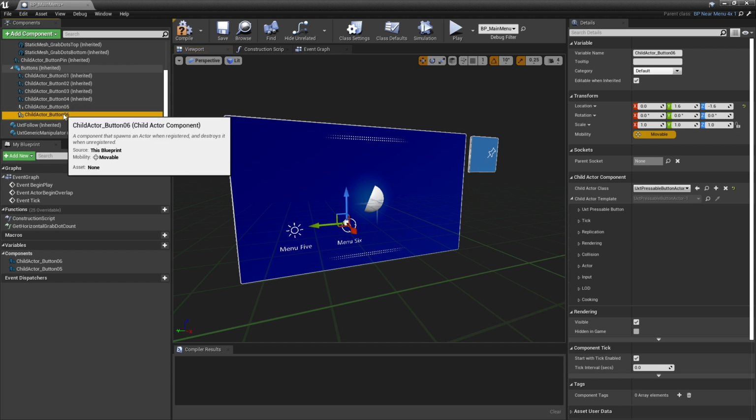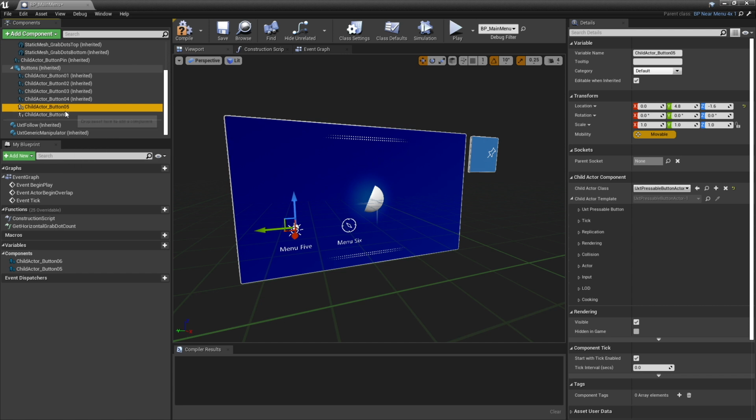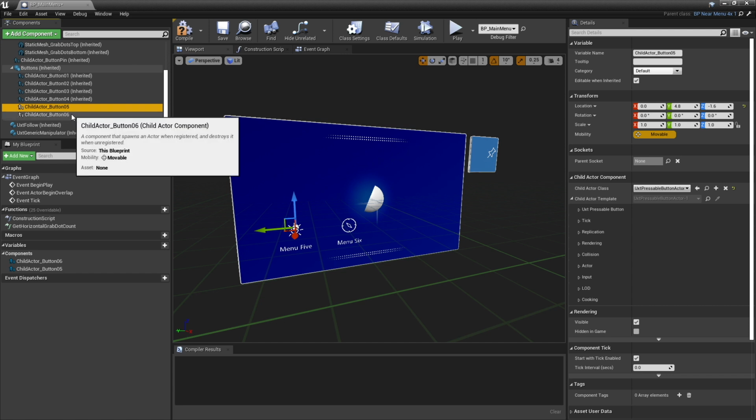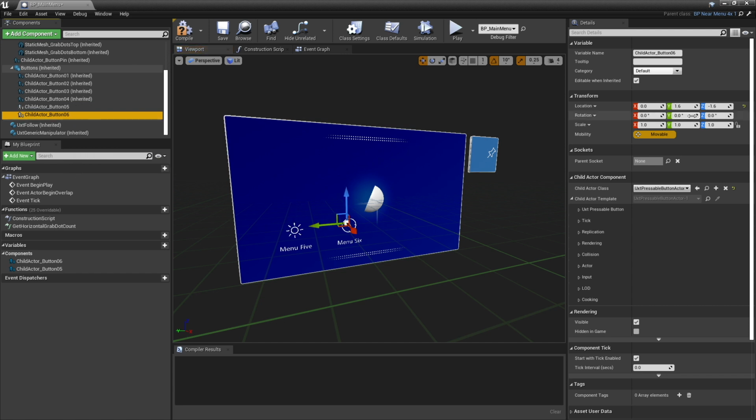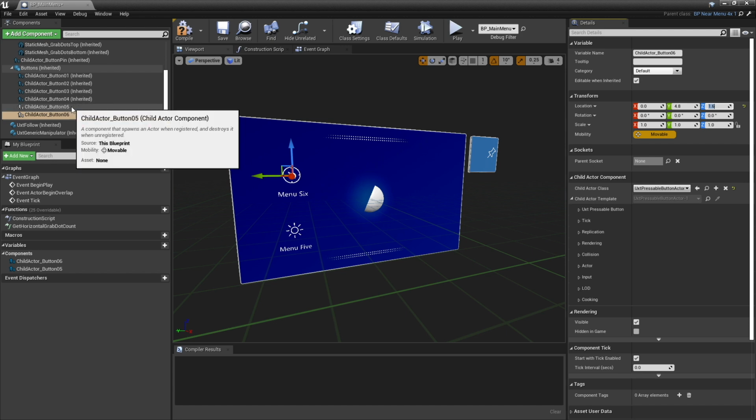Let's move button 6 right above button 5. And to do that, we'll move this over to 4.8 and then instead of negative 1.6, let's make it positive 1.6. Remember, these buttons are 32 by 32 millimeters, so that's where the 1.6 comes from. It's half of 32 millimeters.